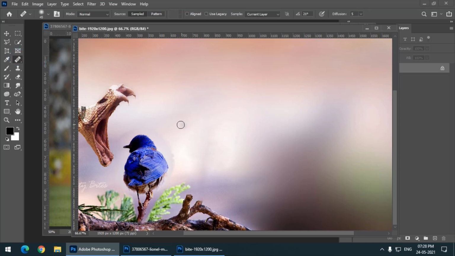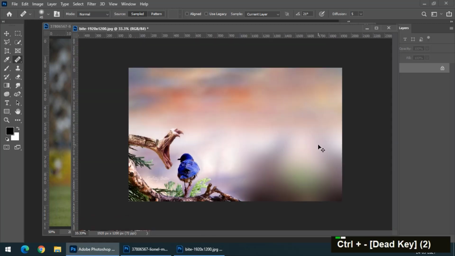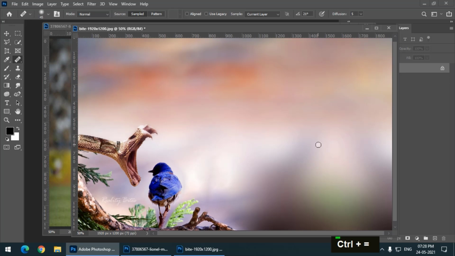How to use the healing brush tool? Simply press Alt and click to capture the area and draw a line. So it's doing a pretty good job actually. Very nice. Yes, very good. So this has done a pretty good job. So this is a very useful tool, because if you want to move, not remove but move certain objects in the image itself, then this is a very useful tool.